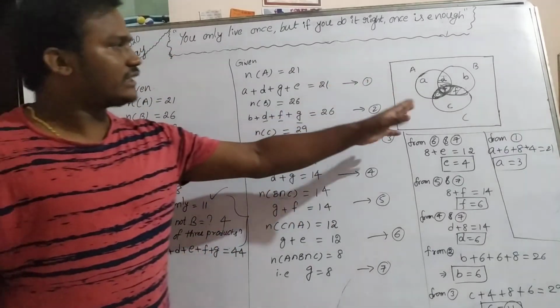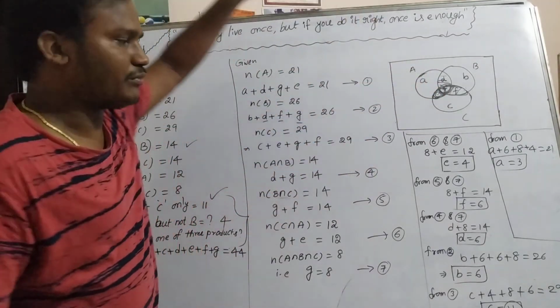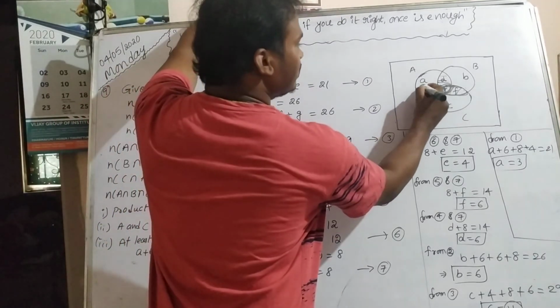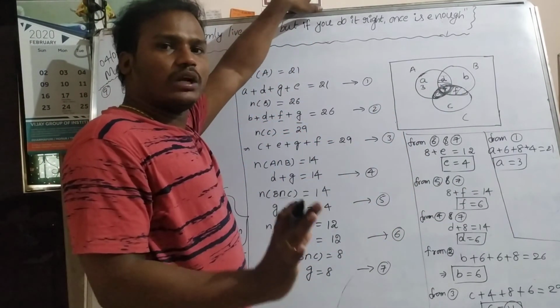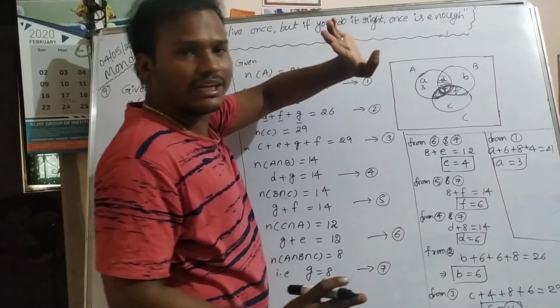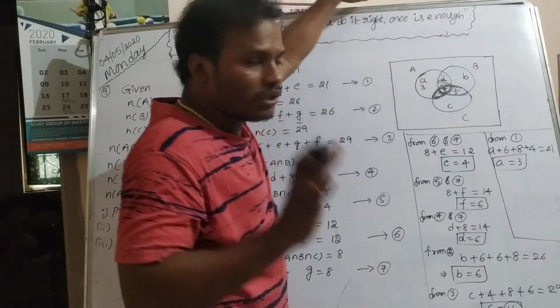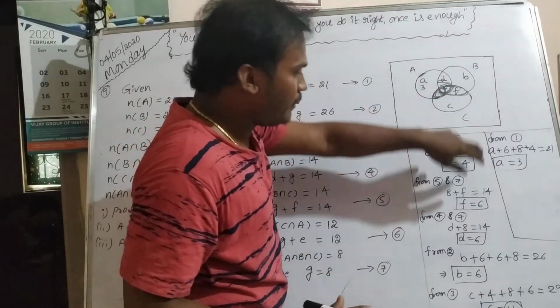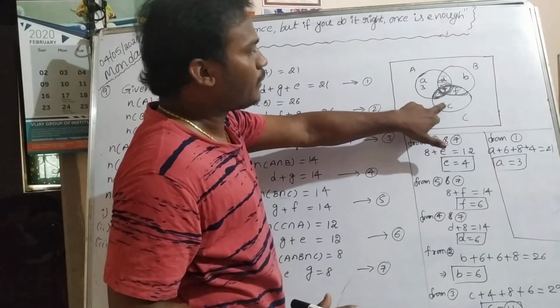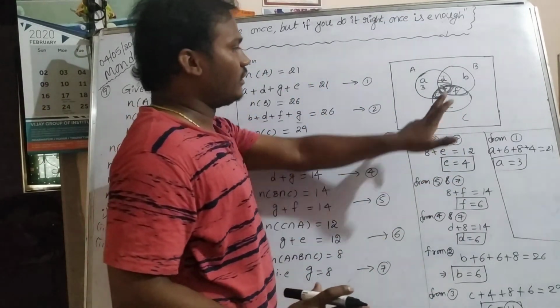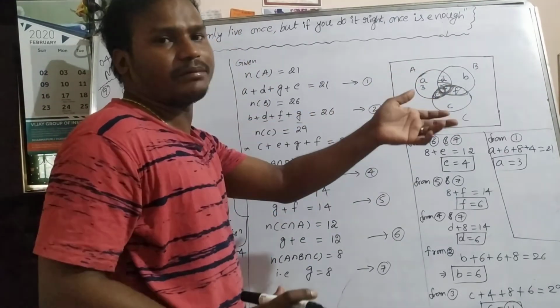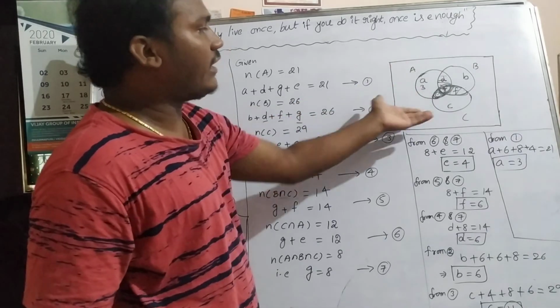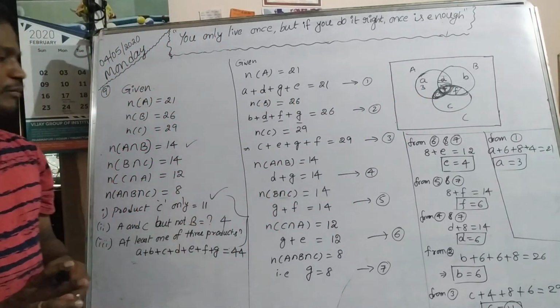If they ask any other things, we can find them from the Venn diagram. You can substitute: A is 3. Sometimes they may ask exactly who like product A, which means 3 persons. The persons who like only B: B is 6. The persons who like only C: exactly C. Each part we can tell according to the Venn diagram. We can find all the answers by using this method.